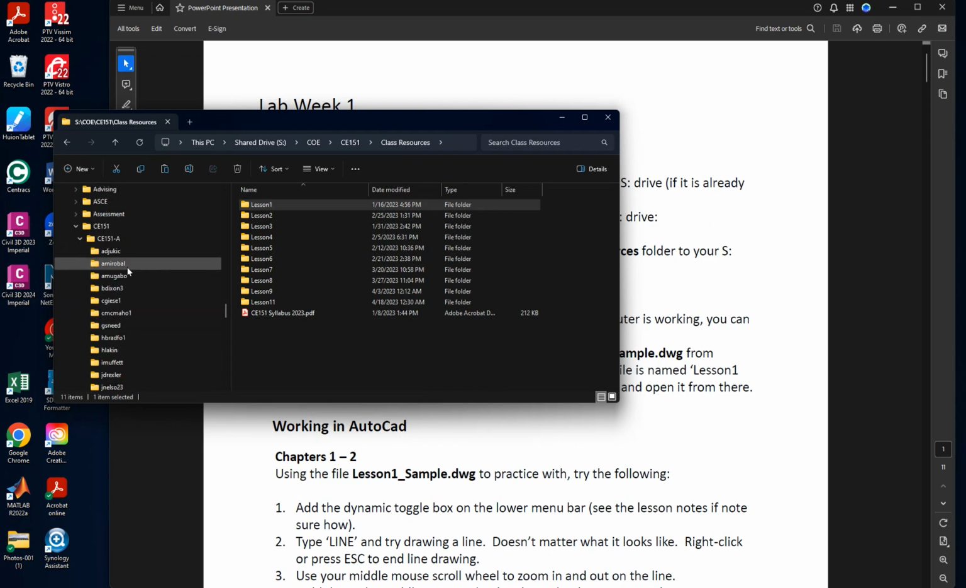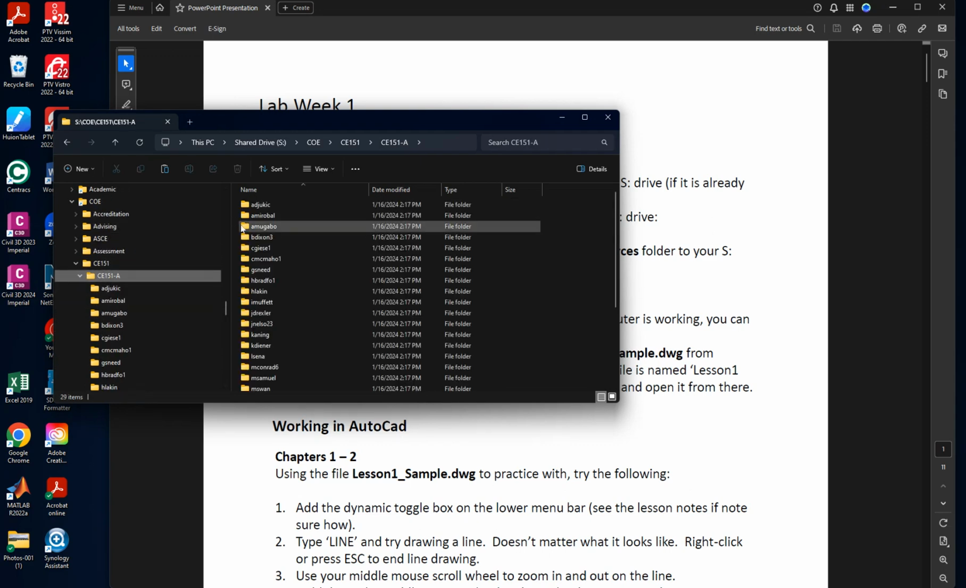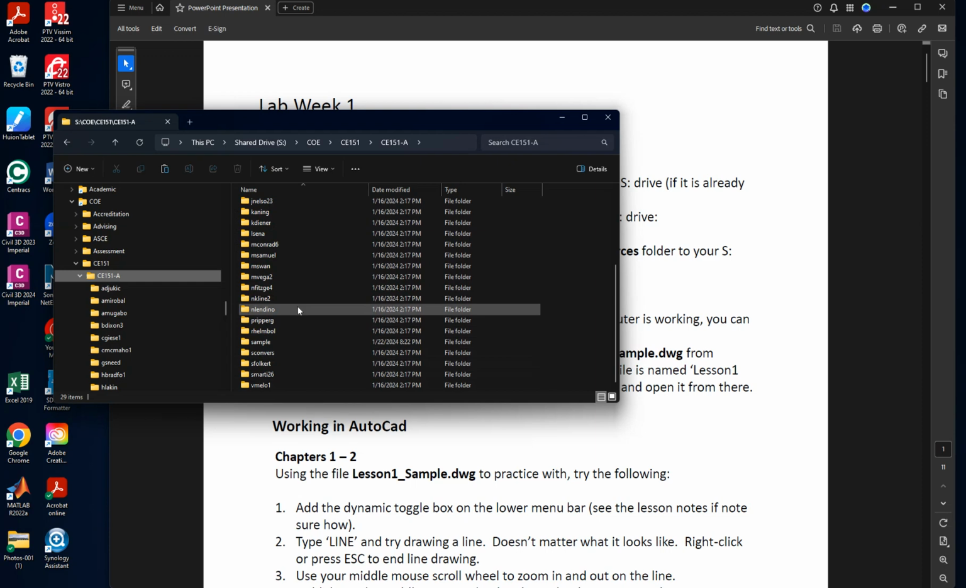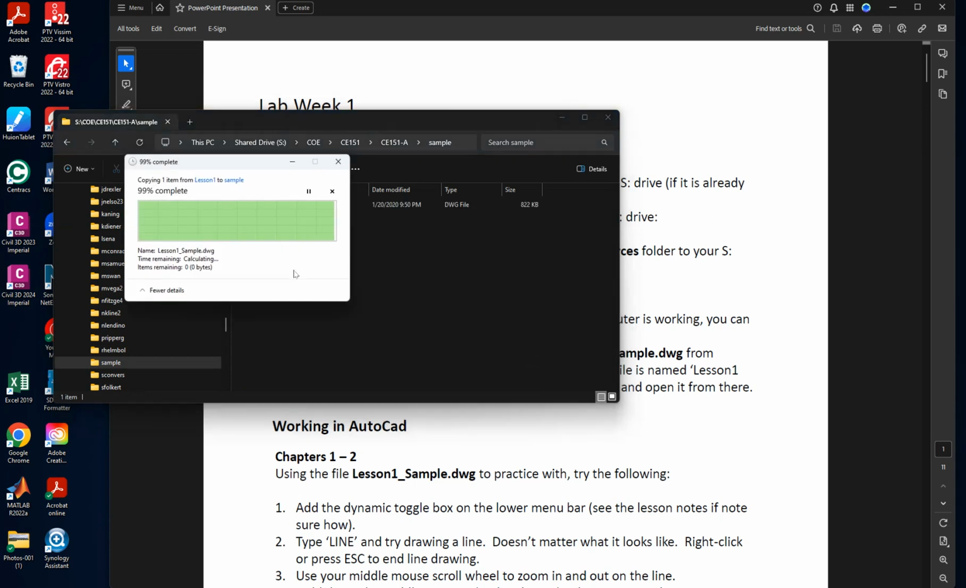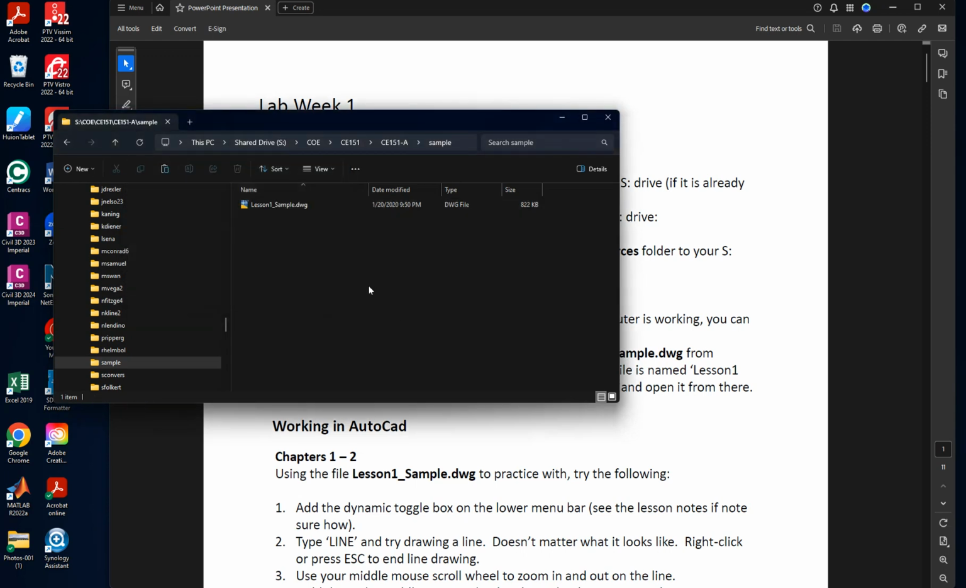back to the folder with all of our users in it. And I'm going to come back to my sample student folder. I'll open that up, click here, and hit Control V, and that will paste that file in there. It pasted in, it takes a little bit. And there it is. So I've copied that out of class resources, lesson 1,